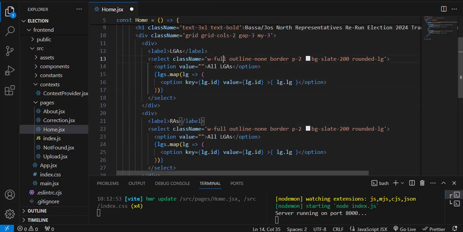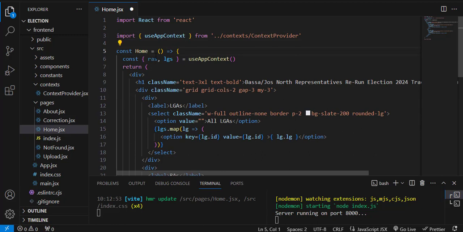So you see at the top here, I already have LGs, which come from the database, which means I already have the RAs in place. The only thing now left for me is to decide how I can pick this RA. So before I do that, I would like to work with some state hook. So let me use state,